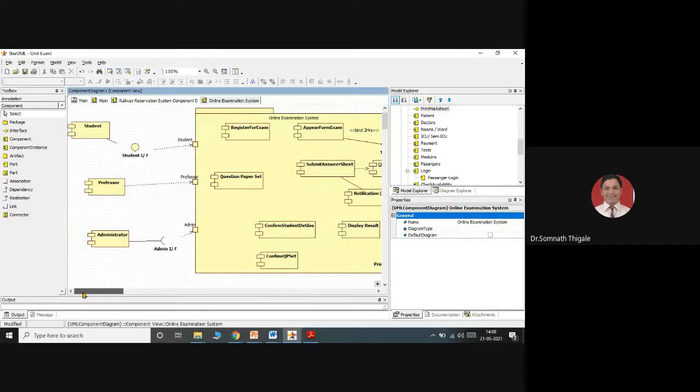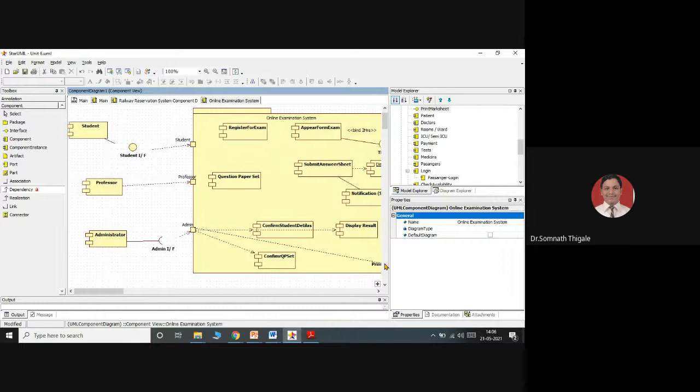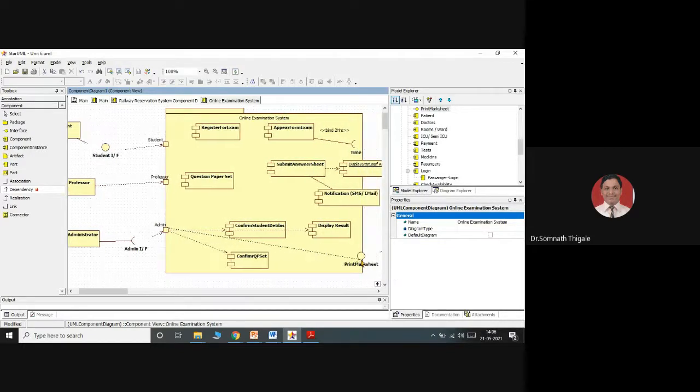See here, admin will be responsible for, you can say, confirm the question paper. It is not allowing me. Confirm student details. Okay, and then display results. Enter the results. And the mark list, correct, dependency relationship.